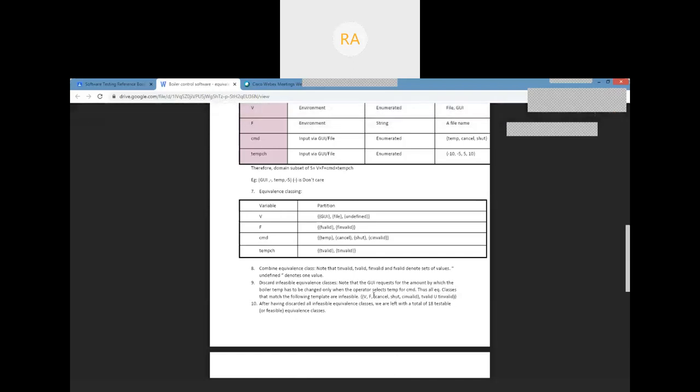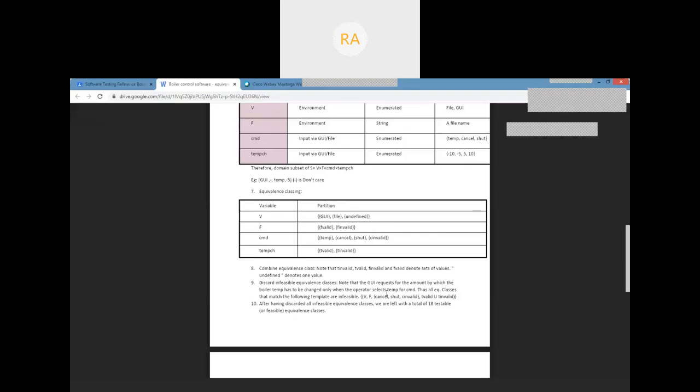The combination of the input for testing purpose I am telling you now. V is there, I am reading. The file is also there, I am reading. V is set to file now. I am reading the command from the file system, wherein the file system has the values cancel, shut, and invalid commands. Temp is not included. Without giving the temp, I'm changing the temperature. That is, 5 values are allowed here. He is entering 5 values. Is it possible like that to test the equivalence, to test the software?